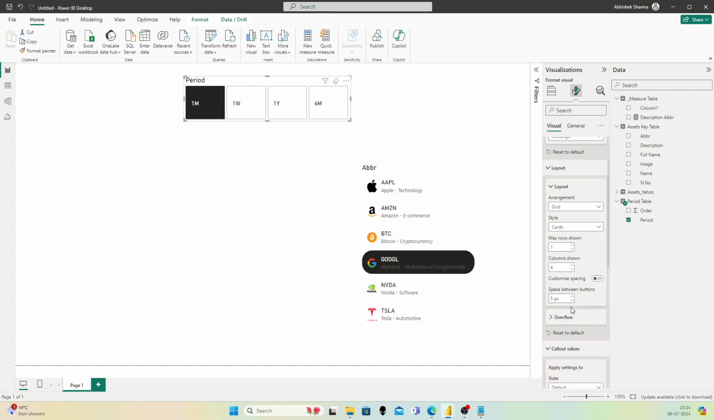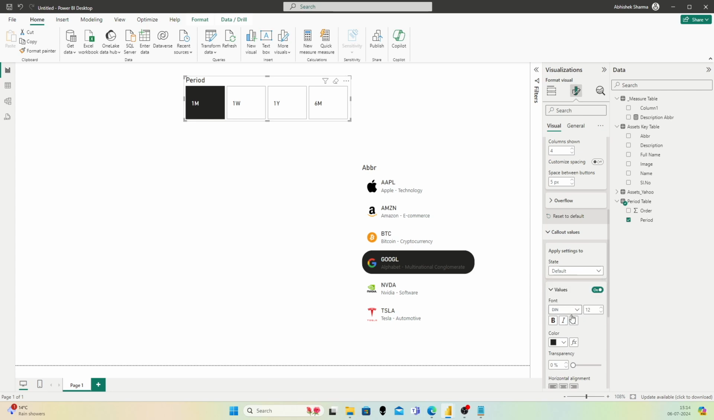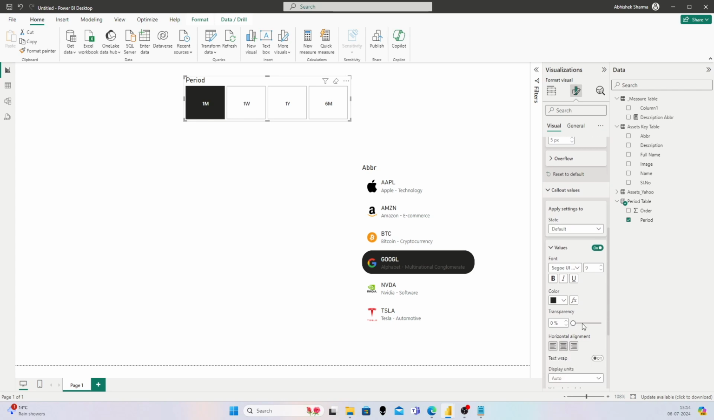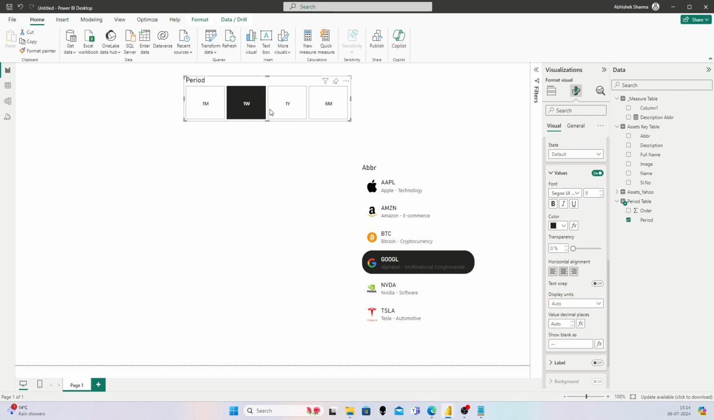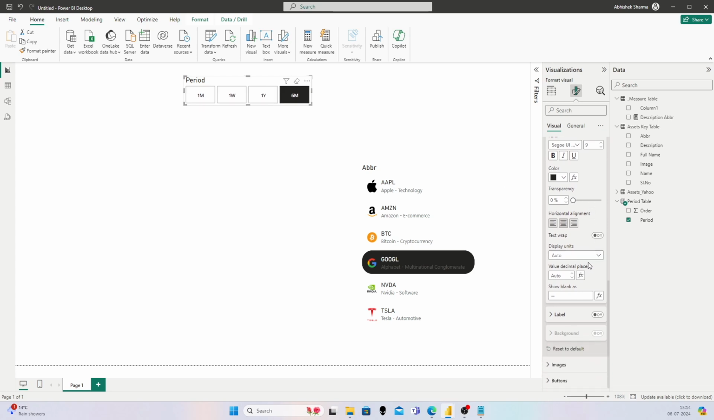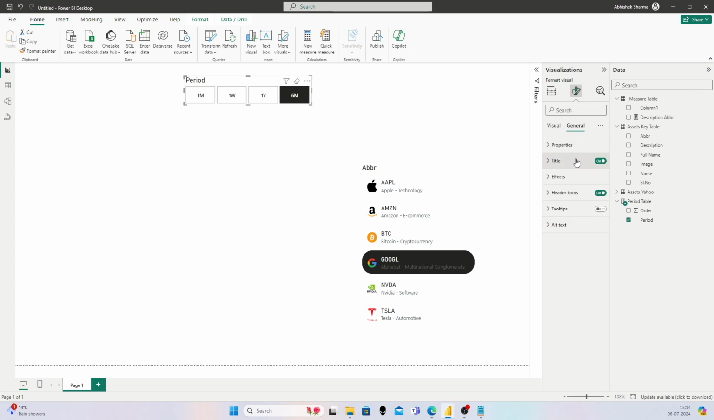This call out values, let's make this semi bold, 9, center aligned, right? Make it little smaller, right? Move this title, move this title, and